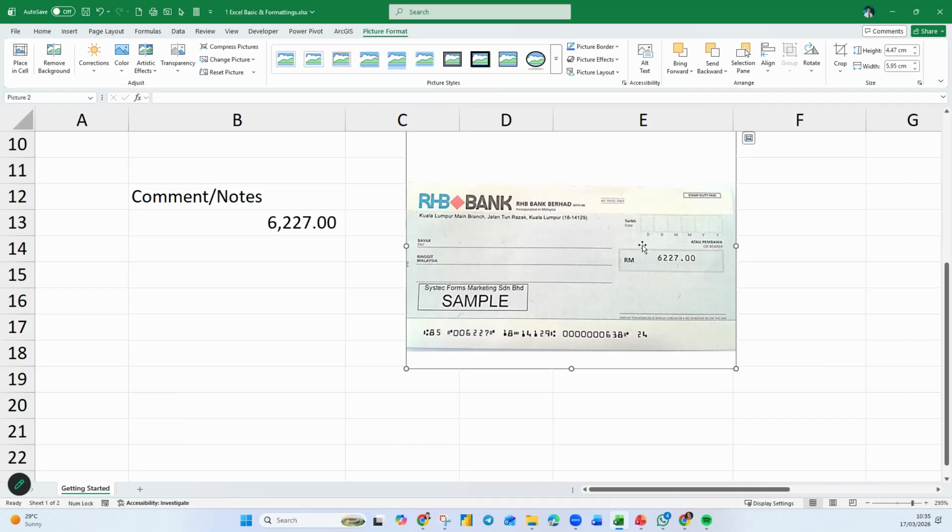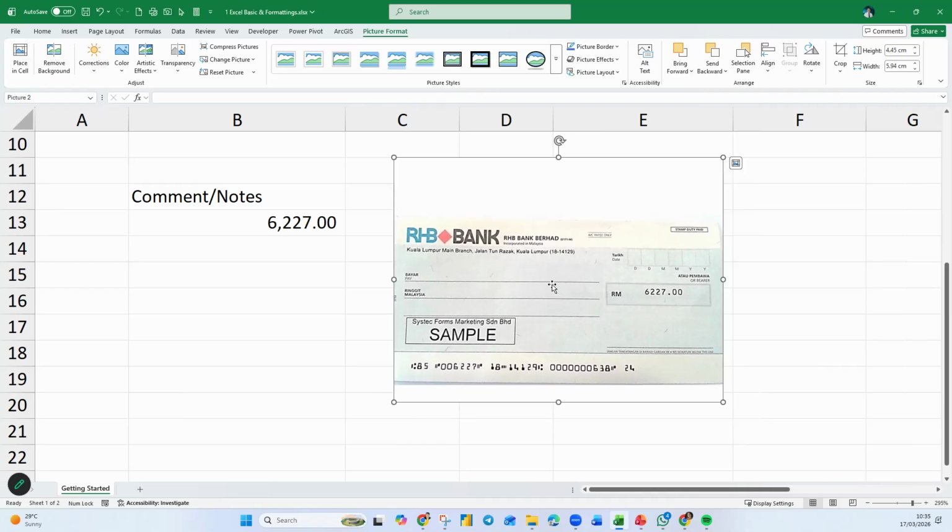So if you have already prepared it and you want to show proof that this is prepared and signed by who, or you receive the payment and you want to know signed by who, this is your evidence. Now, if you put this picture in like this, then it will make your whole entire Excel file very heavy. Agree? The more pictures you put in, the heavier your file size is. So don't bring in the picture like this. It's not good for your Excel file. The file size will grow.